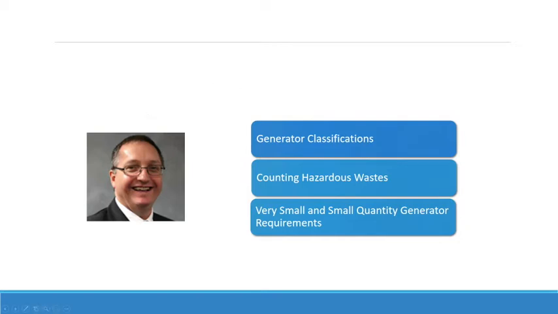So my section is I'm going to cover the classification, the definitions of what is a generator's classification under the regulatory requirements. Really, how to count. So we're going to cover how to count hazardous waste, or what to count towards my generator classification, and then the very small quantity generator requirements, and Mike will talk to us about the large quantity generator requirements and episodic generation,